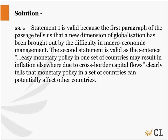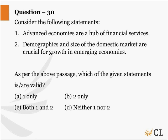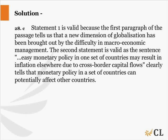Consider the following statements: advanced economies are a hub of financial services. Now that is mentioned in the passage, a direct question, which says that advanced economies are a hub of financial services. And the second is demographics and size of domestic markets are crucial for growth in emerging economies. Now what it is saying is that demographics and size of the domestic market are crucial for growth in emerging economies. So domestic market and emerging economies. So the discussion about that happens somewhere in the last part, which says that